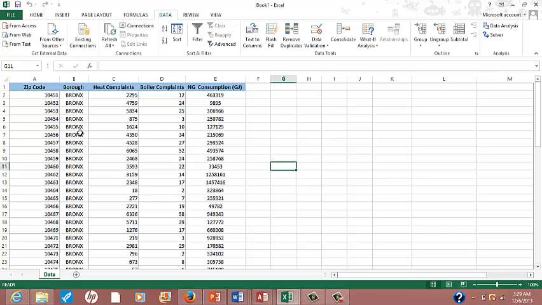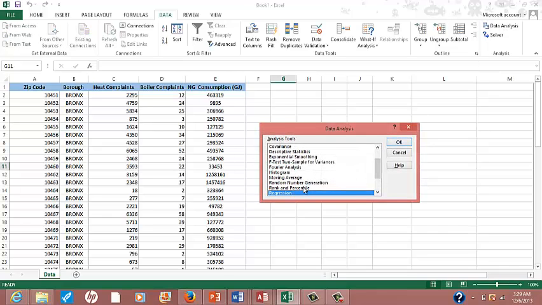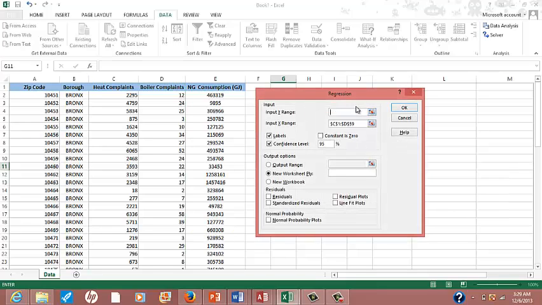We've returned to our data set in order to run an ANOVA test. So in order to do so, we're going to come up to the Data tab. Once we've selected that, we'll come over to Data Analysis again, and there are options in here for ANOVA, but the easiest way to do it is actually just to click Regression and go from there. I'm going to